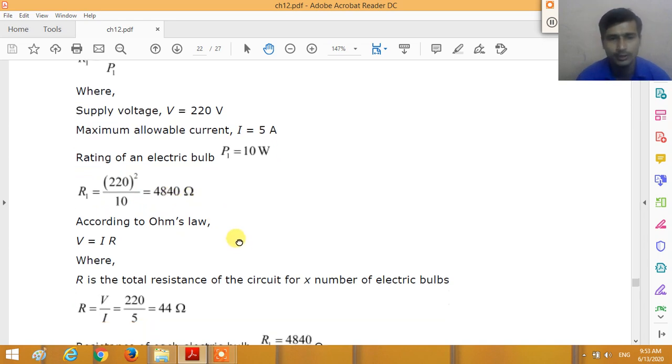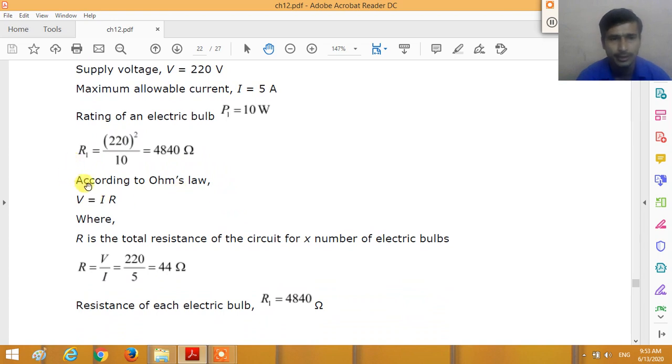Now, what is the total resistance of the circuit? According to Ohm's law, V is equal to IR, where R is the total resistance of the circuit for X number of electric bulbs. So the total resistance of the circuit R is equal to V divided by I. V is given as 220 volt and I is given as 5 ampere. So we need to connect the electric bulbs such that the total resistance of the circuit is